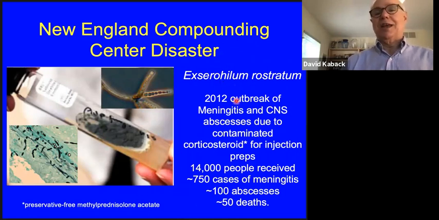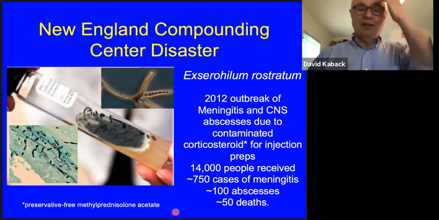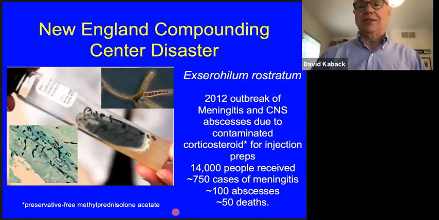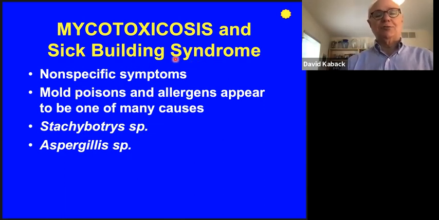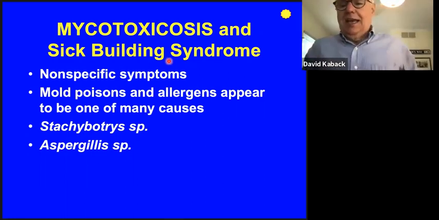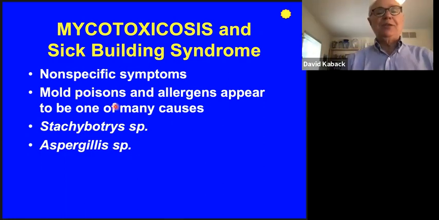You don't have to memorize the name of this organism. But again, fungi in the wrong place at the wrong time can be quite lethal, even if they're not considered pathogens. The other thing that can happen is fungi can grow in wet areas of our buildings and we have molds growing in our buildings. This is something known as sick building syndrome, where people essentially enter a building and get sick. It's usually some kind of allergic reaction, maybe due to toxins, and I'll tell you about fungal toxins in a minute.